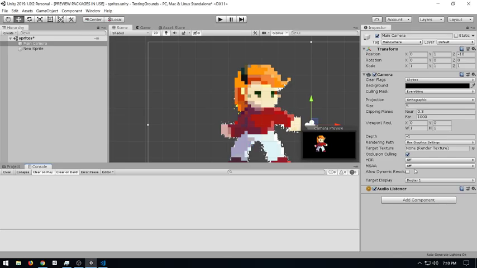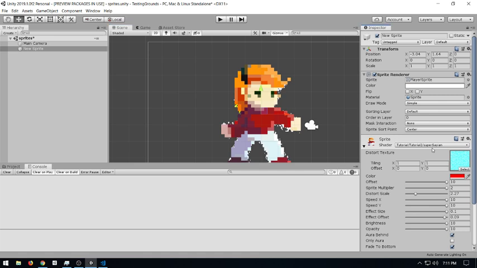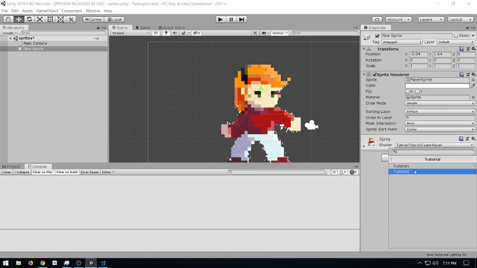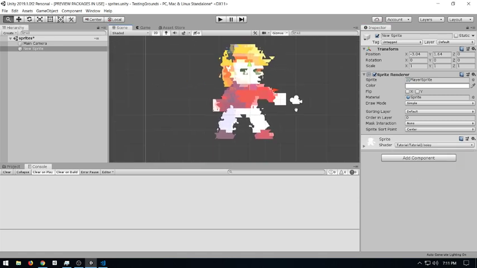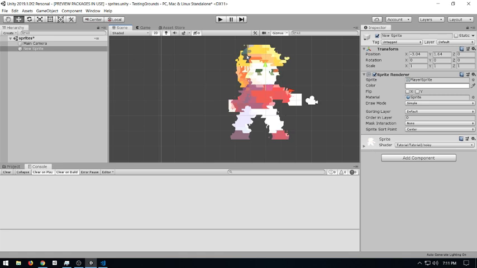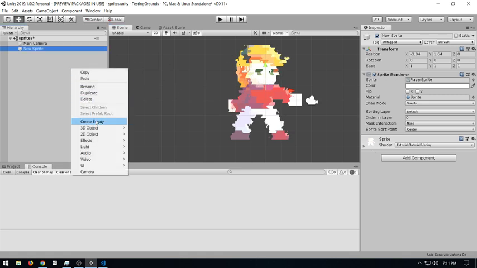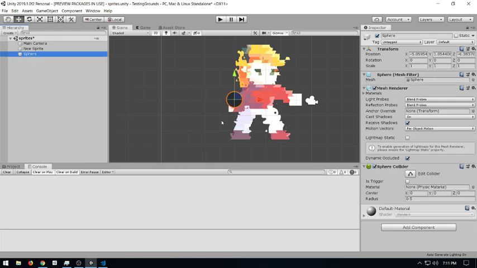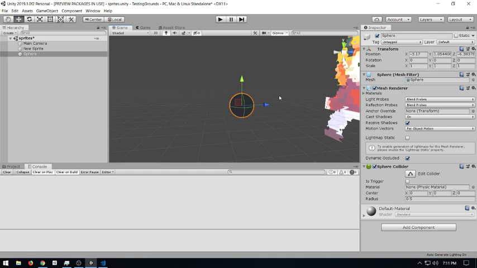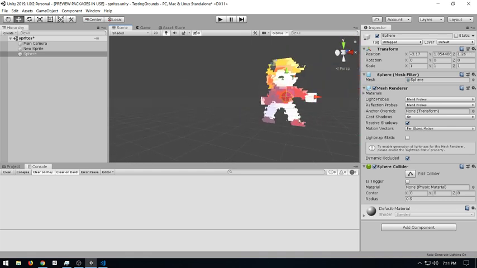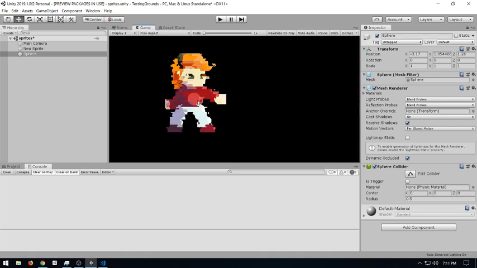I think, hold on, that's not the right shader. Tutorial 2, I think I did noisy, right? Yeah, so what that's doing is essentially adding whatever is behind the sprite already. So if we did 3D object sphere, yeah, essentially it's adding them 1 and 1 in order to get a result for transparencies.